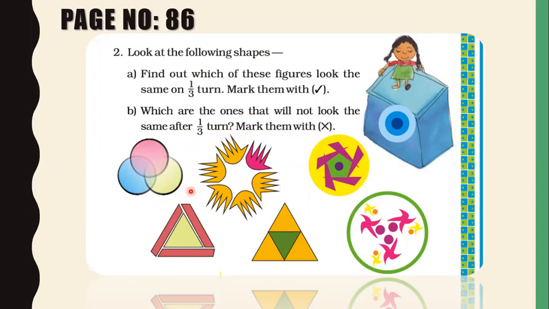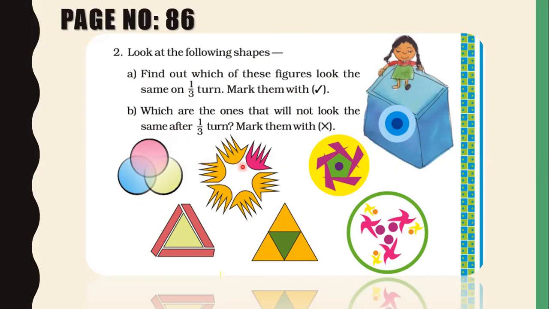Here are given 6 figures. We will consider them one by one. The first figure, this figure has 3 lines of symmetry. And you know the figures which have 3 lines of symmetry or 6 lines of symmetry will look the same on a 1/10. And shape wise, this figure will look the same on a 1/10, but the colors of the circles are different. As the colors are different, it will not look the same on a 1/10. Shape wise, it will be looking the same, but color wise, it will not look the same on a 1/10. So we have to put a cross mark here.